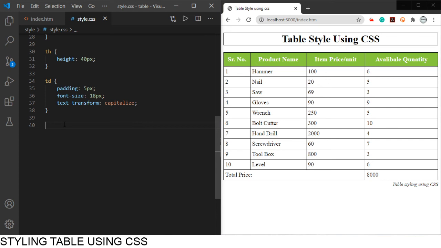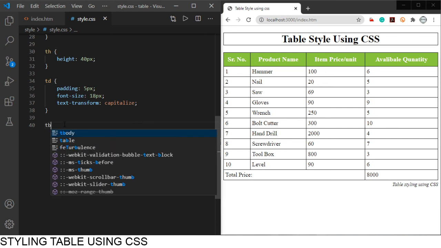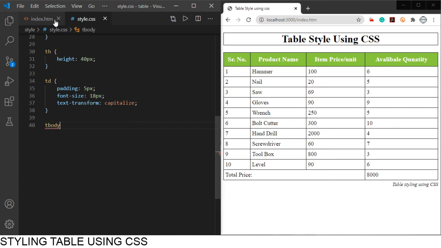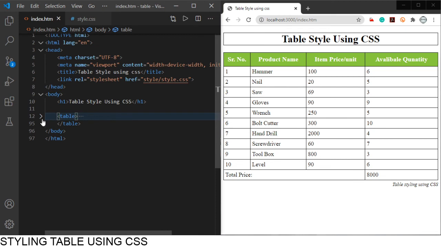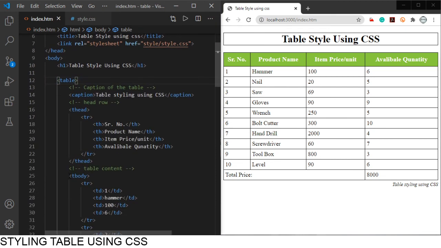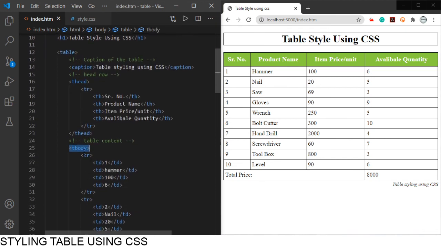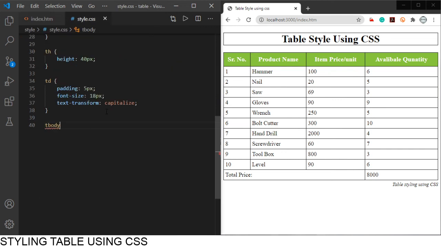So let's have a tbody. We have a tbody here, and inside the tbody I will apply the CSS on all the elements, which is the table body where I'm going to put the actual content. So let me apply in the tbody